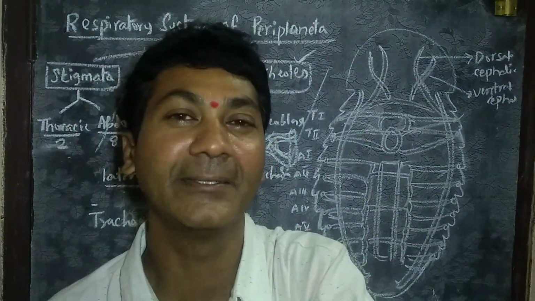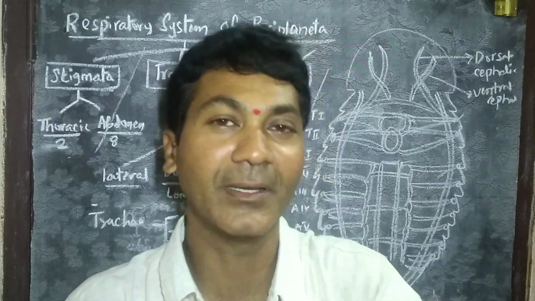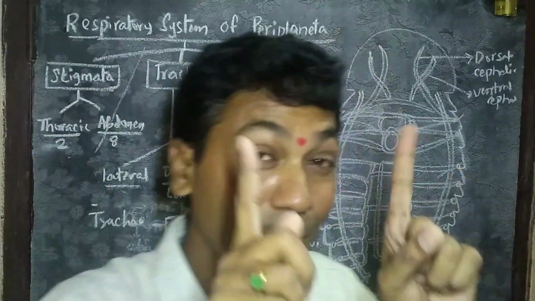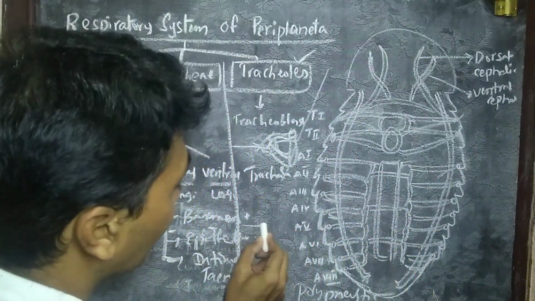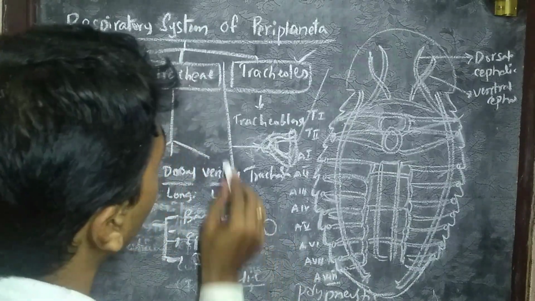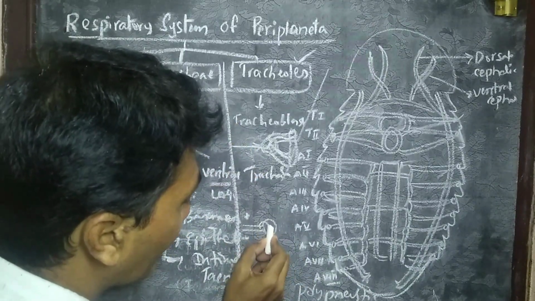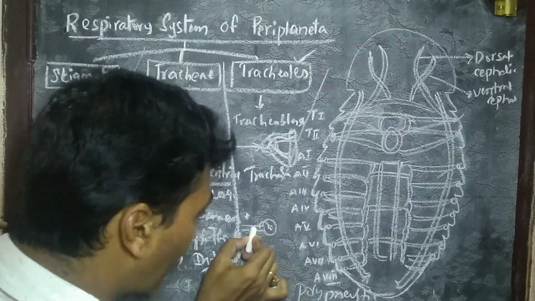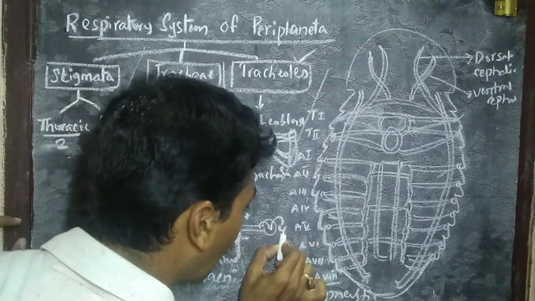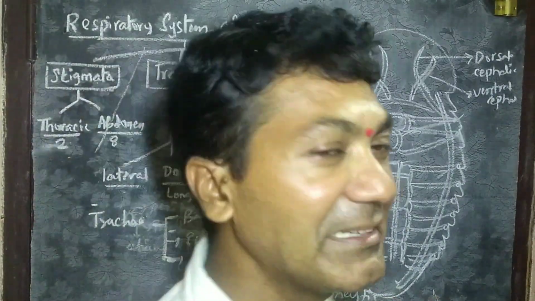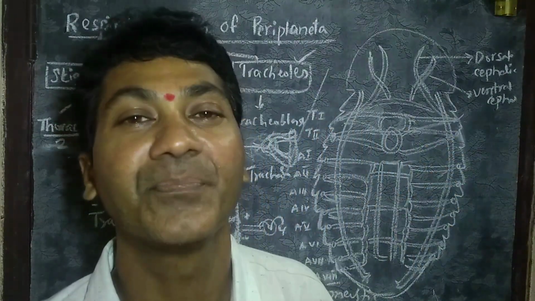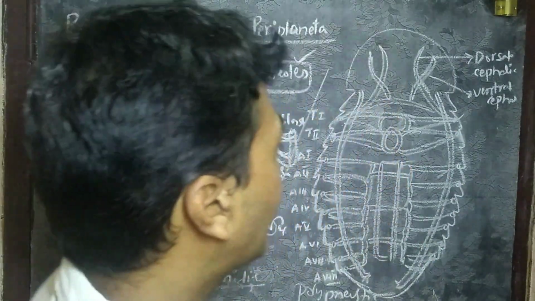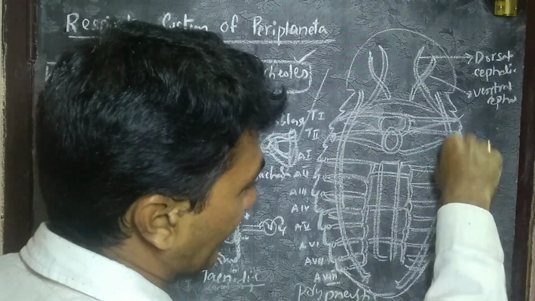Oxygen goes towards the blood and carbon dioxide towards the alveoli. So this exchange takes place, but here there is no such exchange. The thing is, when the trachea reaches the cell, oxygen will be distributed here, but carbon dioxide, instead of entering the trachea, enters the hemolymph. The main reason is that carbon dioxide dissolves in hemolymph very quickly. Hemolymph is mostly composed of water. So carbon dioxide diffuses in the hemolymph and travels along with the body cavity.